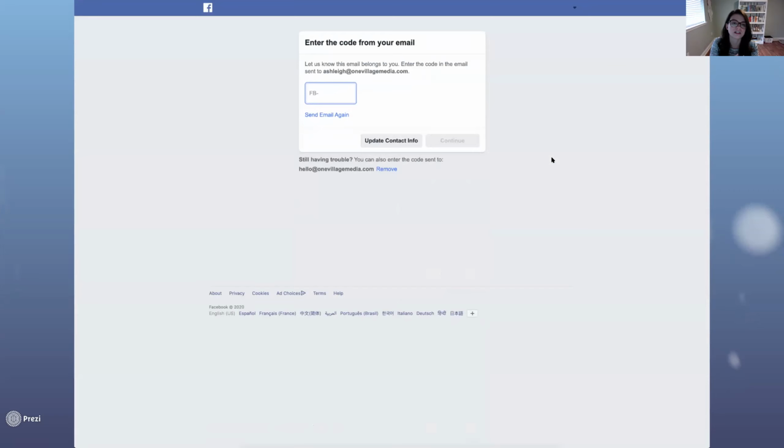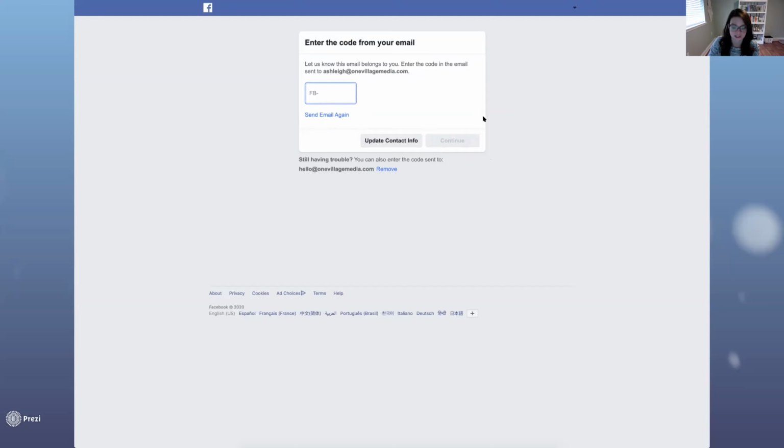So what Facebook is going to do is email you a confirmation code to the email that you chose. So obviously the purpose of this is to make sure that someone isn't trying to create a fake Facebook account using your email. So this is good. This is a good way to protect you. If you don't see the email, you can hit send again, or you might want to check your spam folder because sometimes stuff from Facebook ends up there.